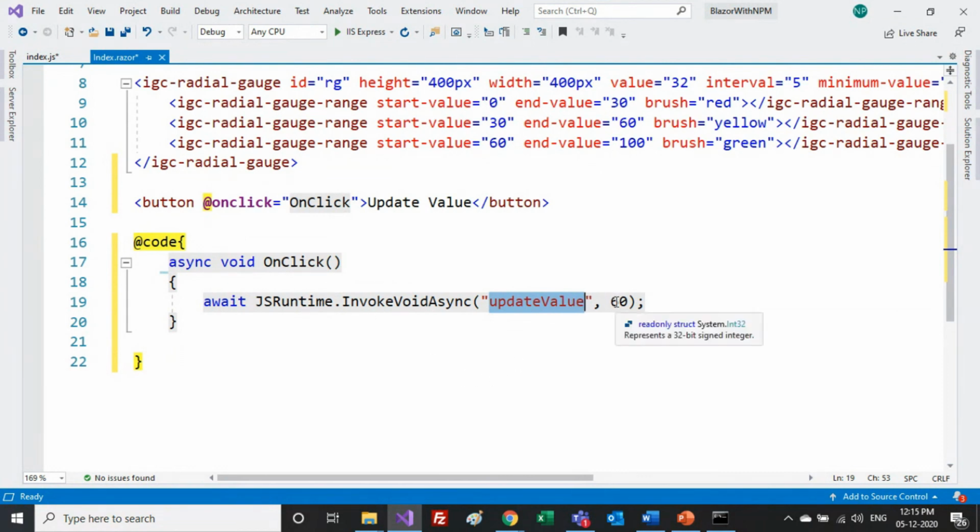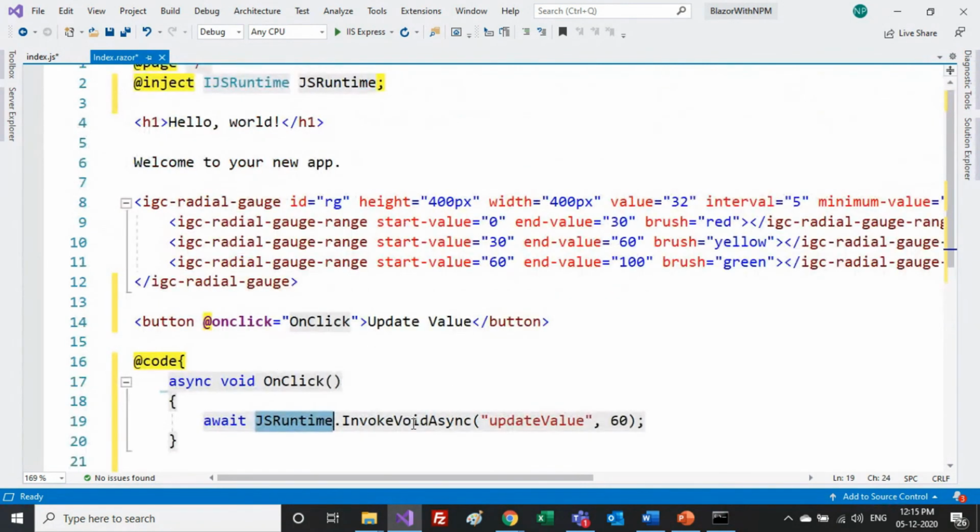It takes a parameter, and the parameter value is just 60, or you can change it if you have some input controls over here, like text boxes or sliders. You can simply get their values and pass that value directly over here. Now this async function will use this JS runtime.